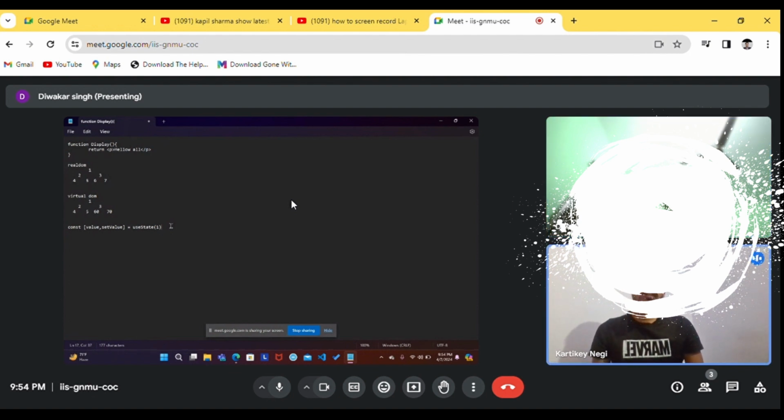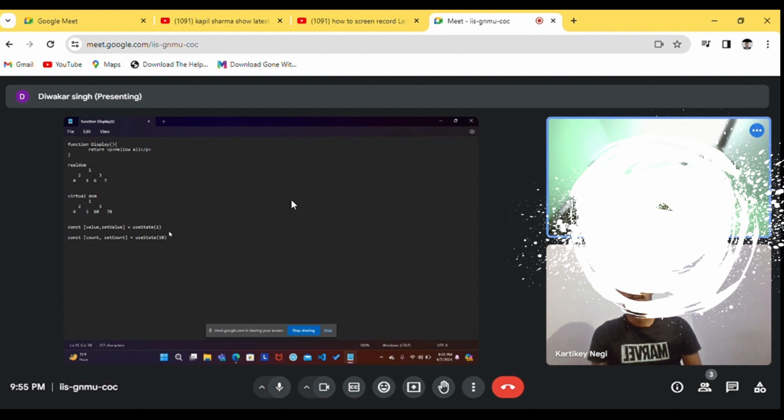Okay. Can you create the state too? I have created a state. I can create one more state over here. I can take it like count, and then I will take a setter function like setCount, and I will just use useState to declare the count.